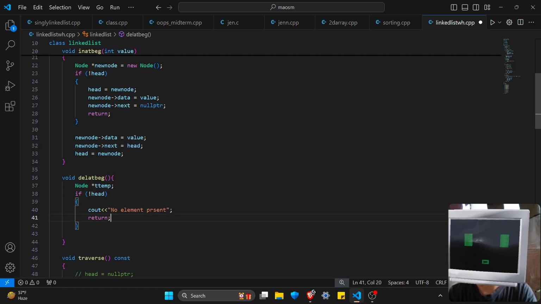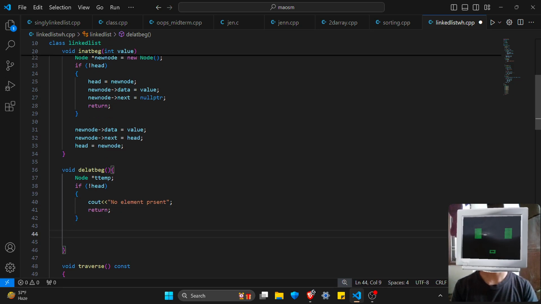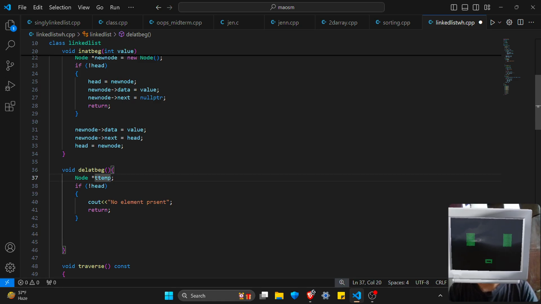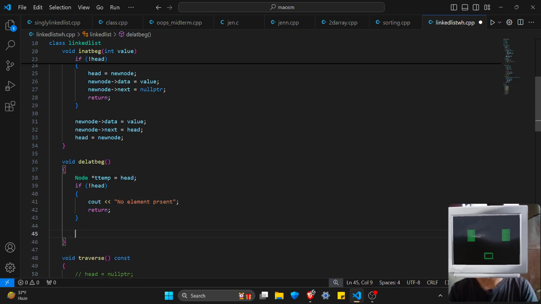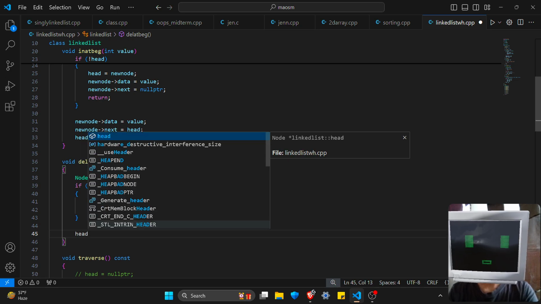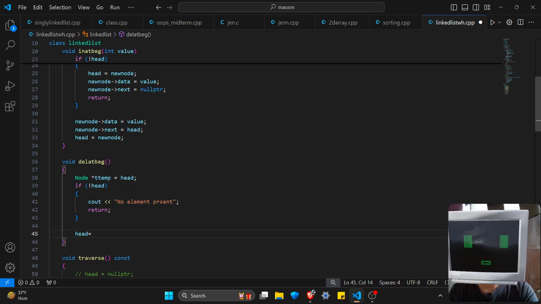Now we will write, we have created a temp which would be equal to head. Okay, so here it's equal to head. Now what we have to do is that head will be equal to the next of the temp. You getting it? Temp's next. Head will be equal to this because we are deleting the first node, at the beginning, and